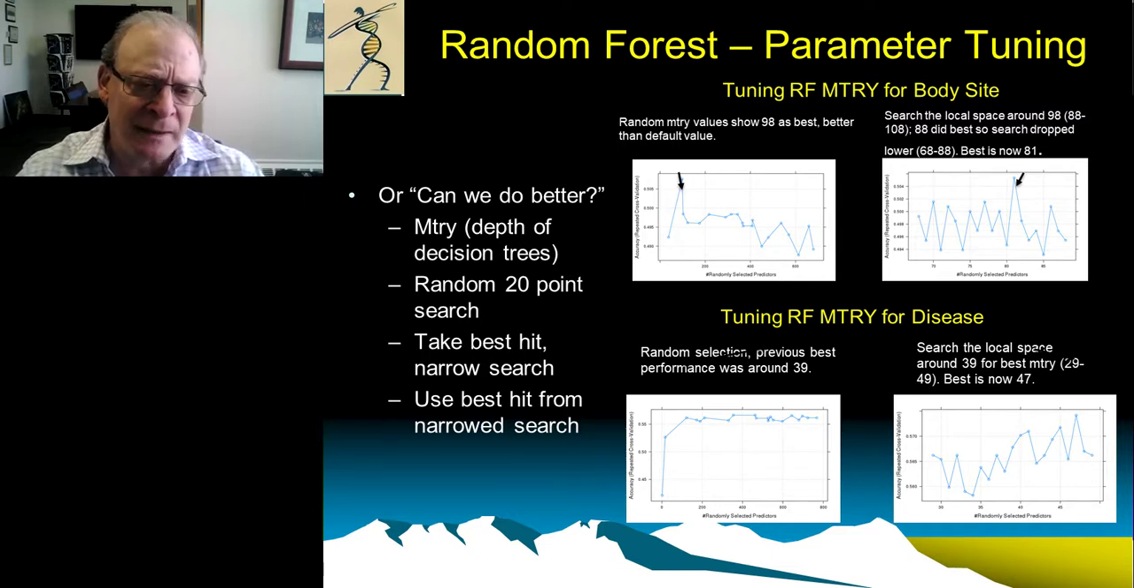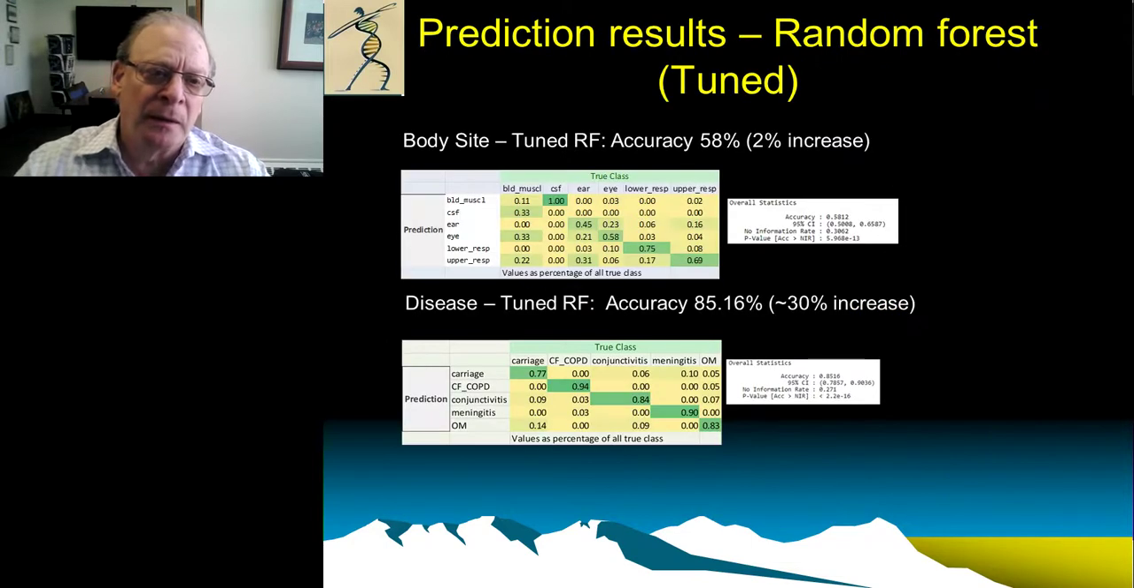And we did an analogous type of tuning for disease and ended up with 47 layers of trees being the best for that. And so then if we take a look at the actual results we got following this parameter tuning, we see that it didn't make a huge difference for the body site. It went from 56 to 58%, but it really helped the disease. And so we are now at over 85% accuracy